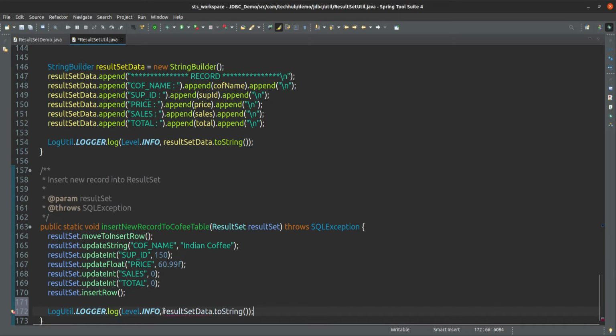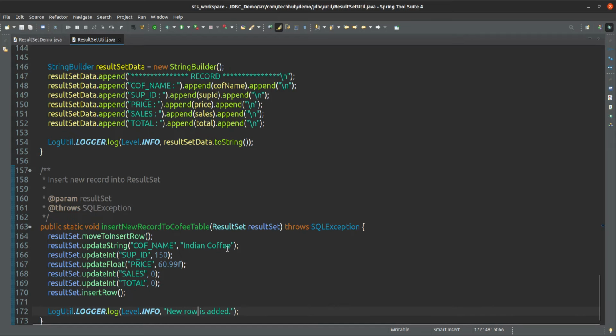So we will get this confirmation, new row is added, that's it, fine.